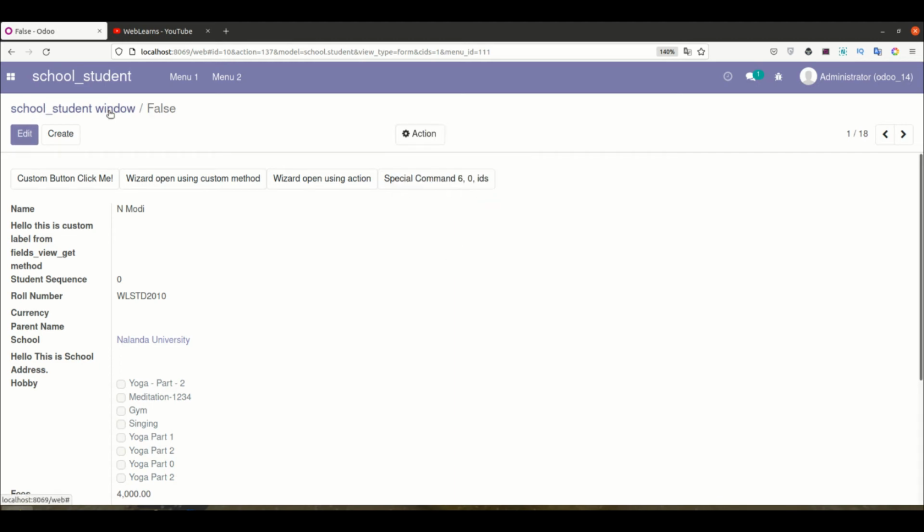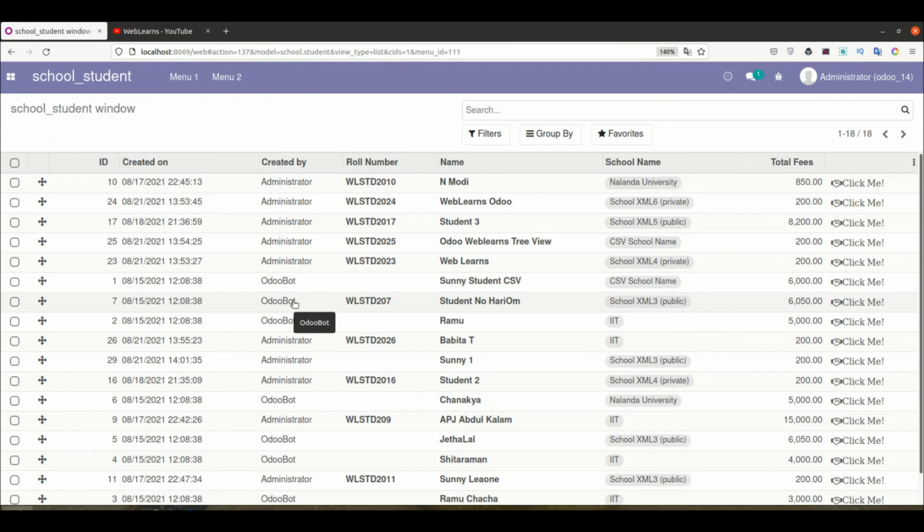So you have to remember, whenever you use these options, make sure you add them in the respective view only, otherwise it won't work this way.